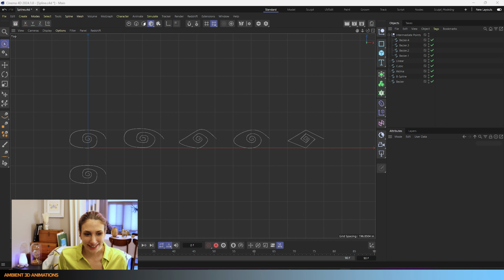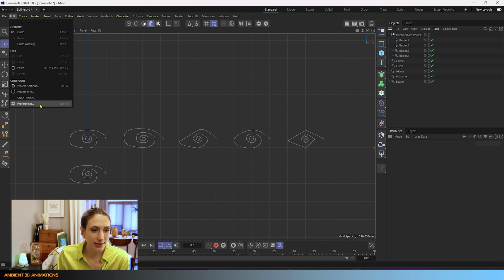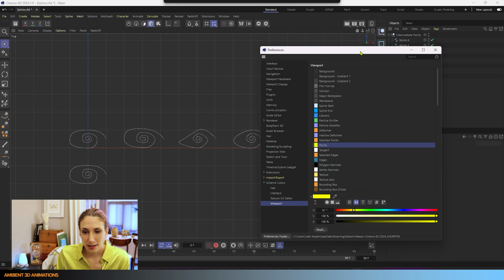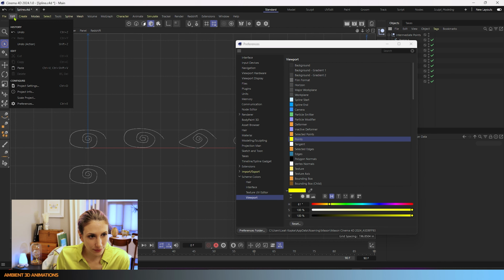So here we are inside of Cinema 4D. You can see that I have a ton of splines here, and they're each actually a little bit different. So we're going to go through what these differences are. Now, something I just want you to be aware of is that I did change my points within my preferences, and you can find your preferences under the edit menu.